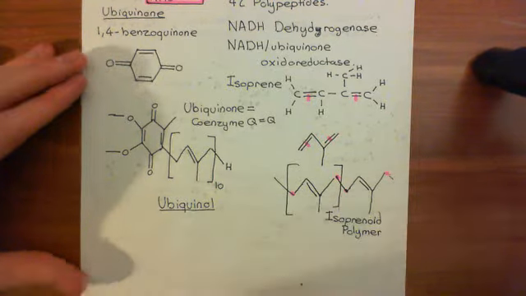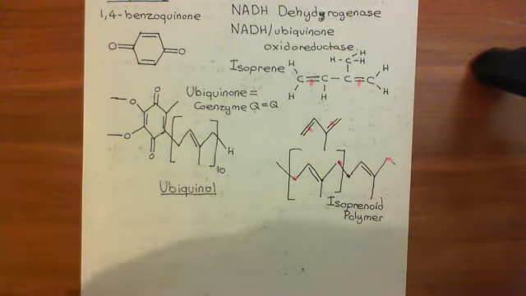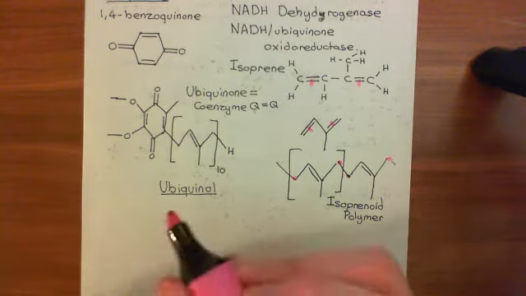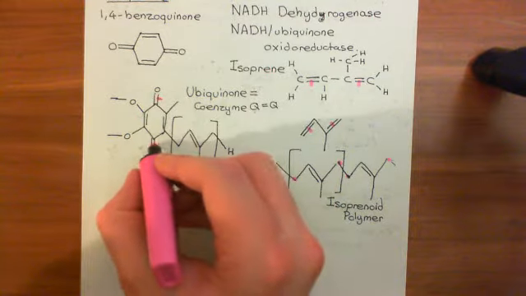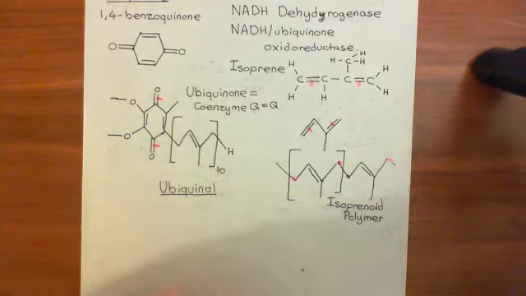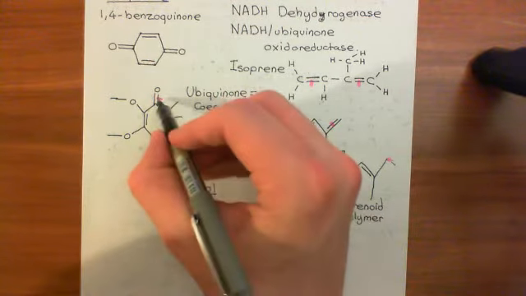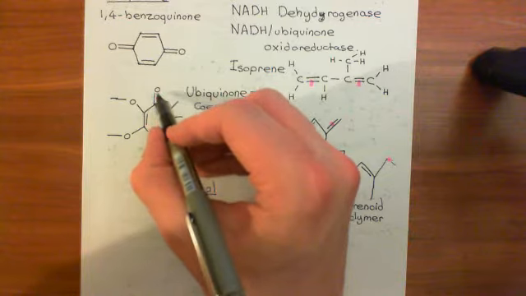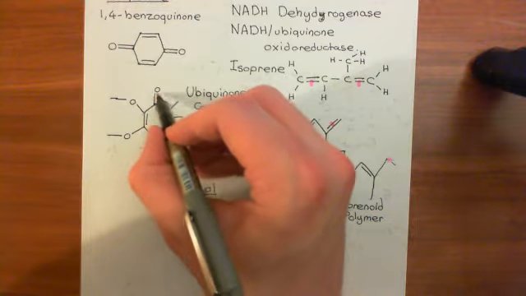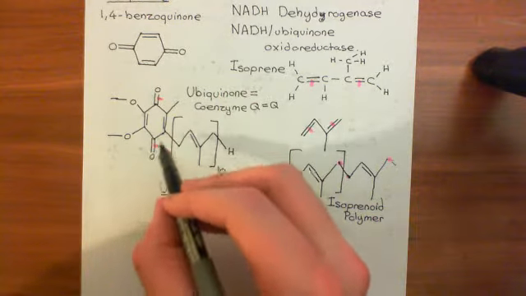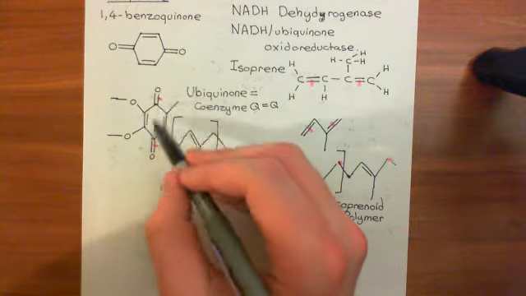Okay, so let me now discuss what the structure of ubiquinol is. If you want to understand this reaction, think of breaking the second of the two bonds between each of these carbon and oxygen atoms in these two carbonyl groups. So think of breaking the second of the two bonds, not both bonds, the second. Okay, and imagine giving one electron back to the carbon and one back to the oxygen in both cases. So now this carbon has a free electron, this carbon has a free electron, and both oxygens have a free